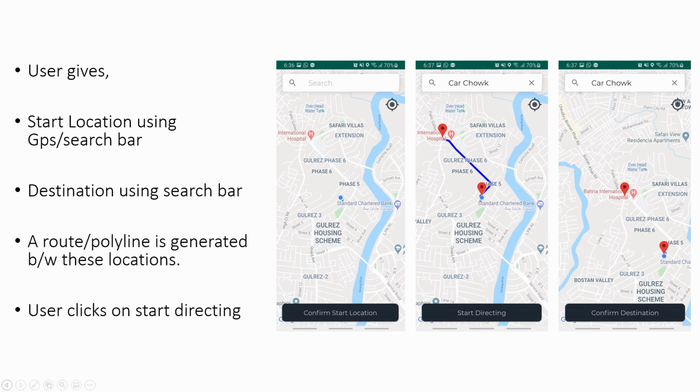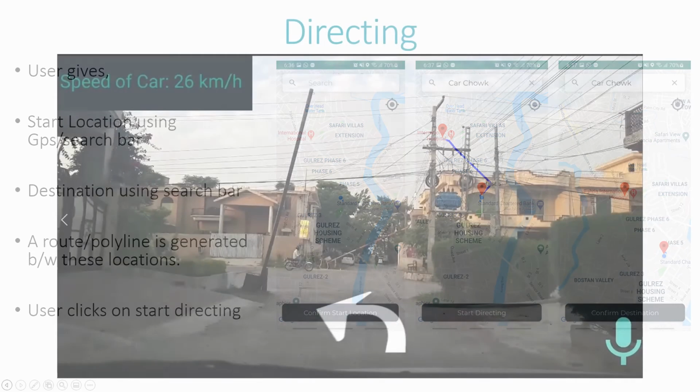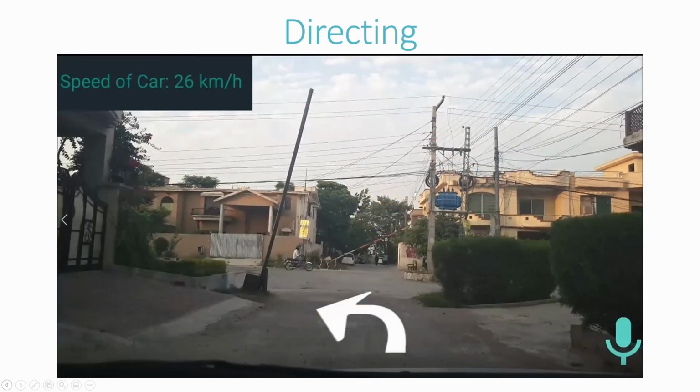Furthermore, we have used the Places API by Google to get auto-suggestion in the search bar when choosing the start location or destination. Moreover, we have used the Directions API, which returns a JSON object between 2 locations provided using a URL, and then we have used the information placed in the JSON object to provide the user the directions visually and audibly at